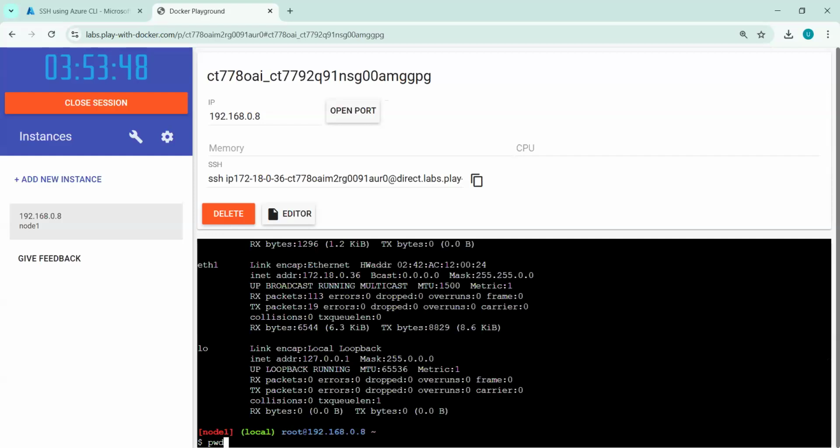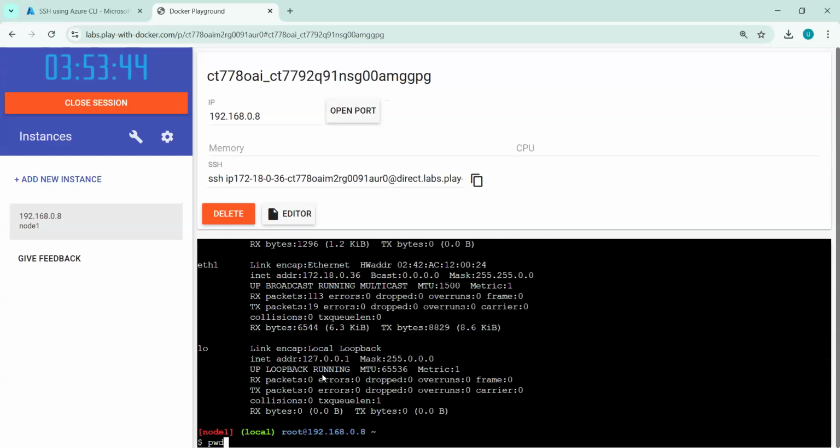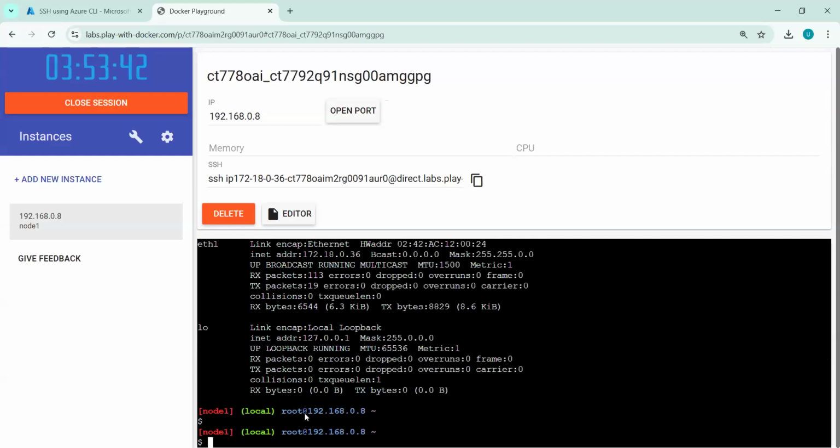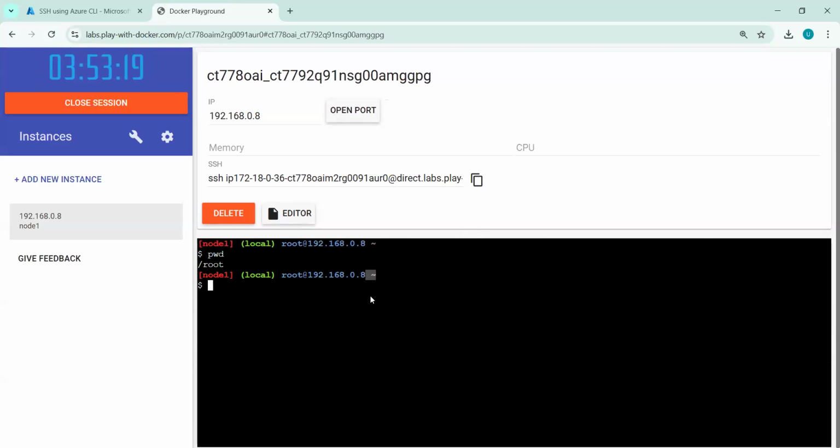Is it visible to all? Let me confirm, please. Is it visible? Okay, perfect. So now you can see I am here. The first step, we check pwd, present working directory. So where we are located, where we are working. That is very important to understand. You can see it is showing /root, and at the same time, you can see this is showing a tilde. This is a symbol which represents root.